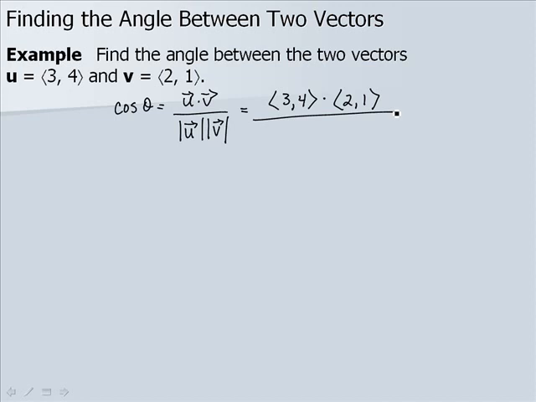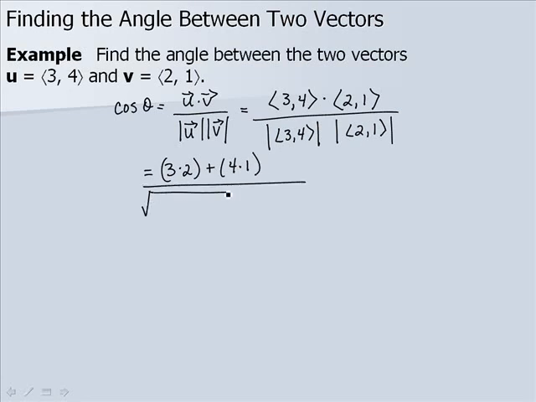and the magnitude of u is the magnitude of 3,4 times the magnitude of v, which is 2,1. So in our numerator, we have 3 times 2 plus 4 times 1. In our denominator, the magnitude, remember, is the square root of our first component, our horizontal component, squared, plus our vertical component squared. We're multiplying that by the magnitude of v,